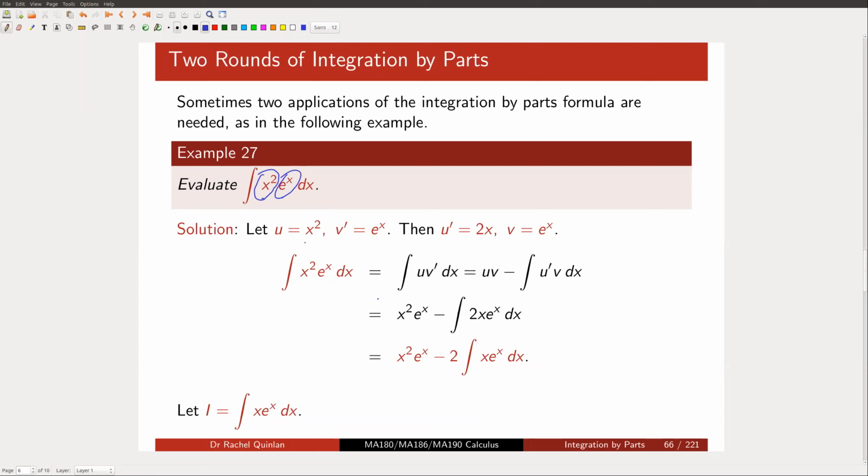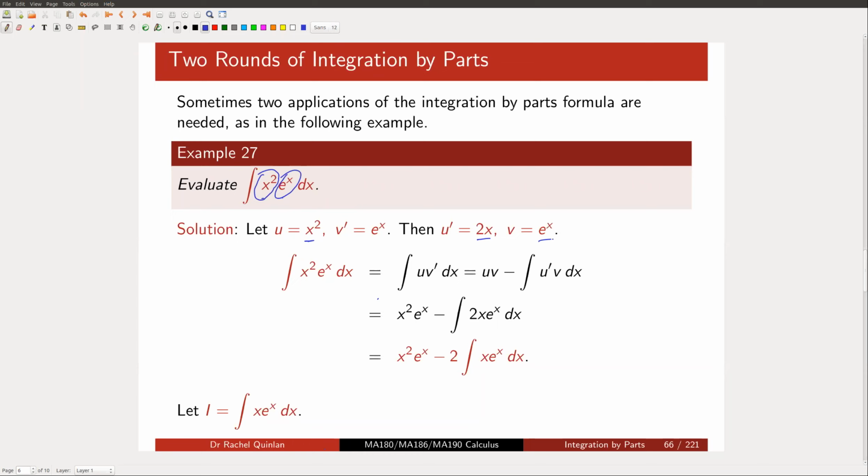If we take u to be x squared, then u dash is 2x, which is nicer because it's a lower power of x. If we take v dash to be e to the x, then v is also e to the x, which is no worse than v dash. So replacing u and v dash here with u dash and v looks like it might make things better. Okay, and if we do that and plug it all into our integration by parts formula,